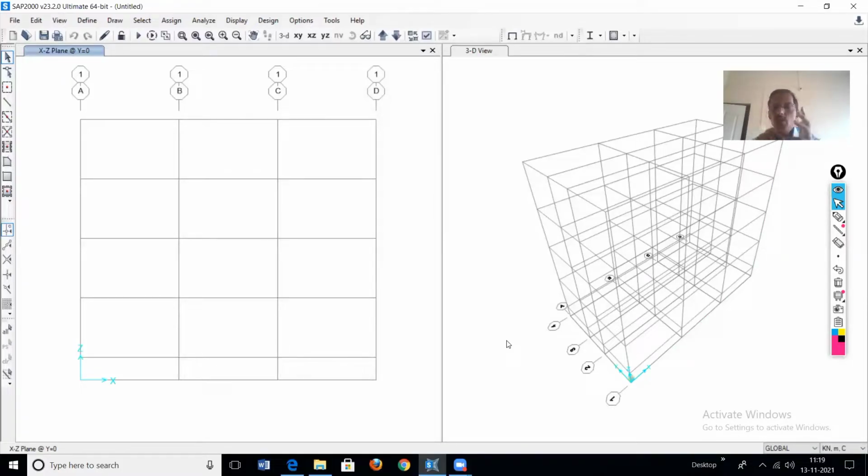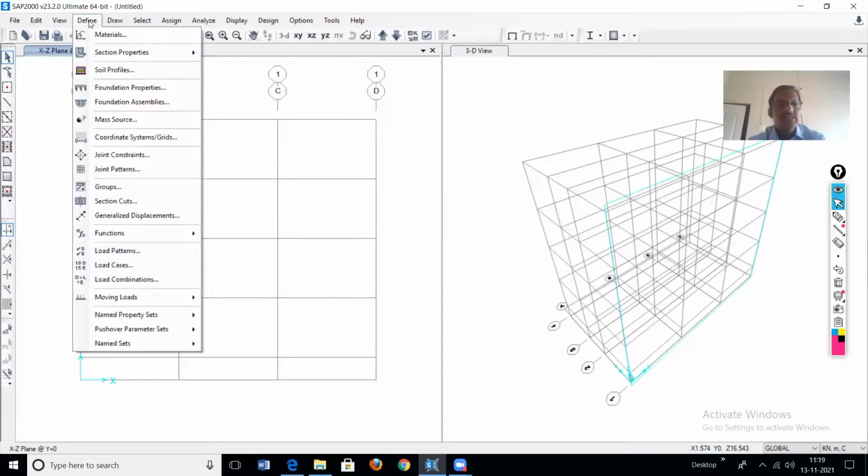Out of that, the column section and beam section are defined using a command known as a link command, and the slab is modeled, or assigned here, using a command called an area command. We'll see those commands first. Before that, it is required to define the frame section. That is important. This is step number 3.